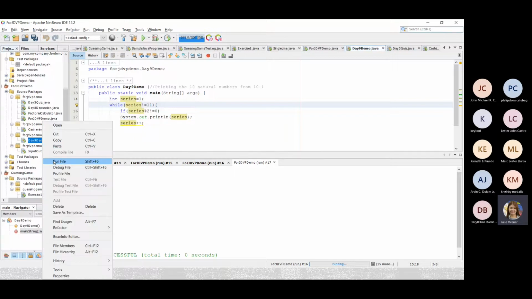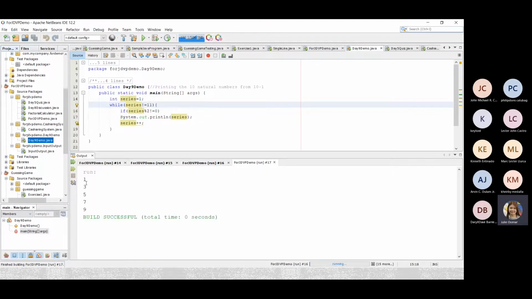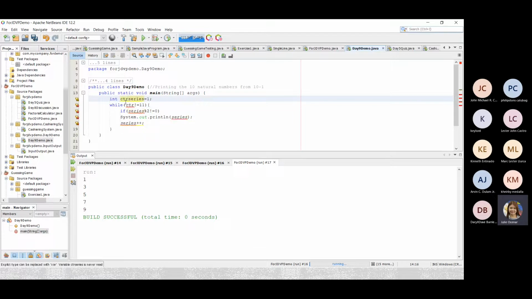Printing pa lang tayo ha, ng odd number. So, 1, 3, 5, 7, 9. We will make it kasi 10, diba? Tama ba yung ano natin? Dapat separate yung ating series at saka counter. Sige, counter ang gagamitin natin dito. Counter 11, and then we will have a counter here equals to 1. Not that 1. Okay? So, si counter ang ating